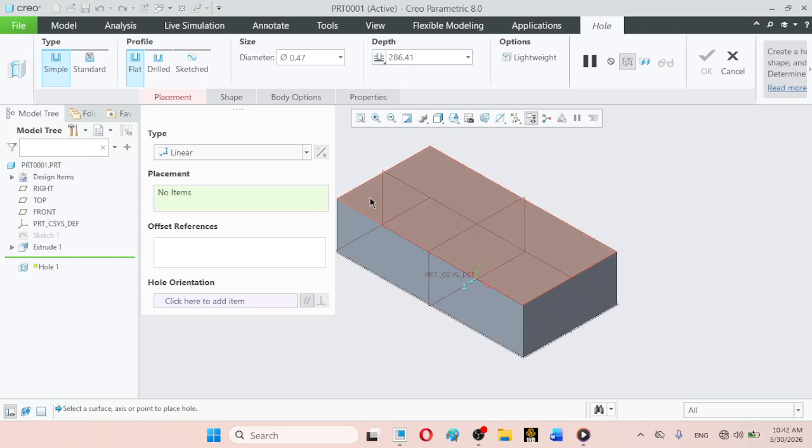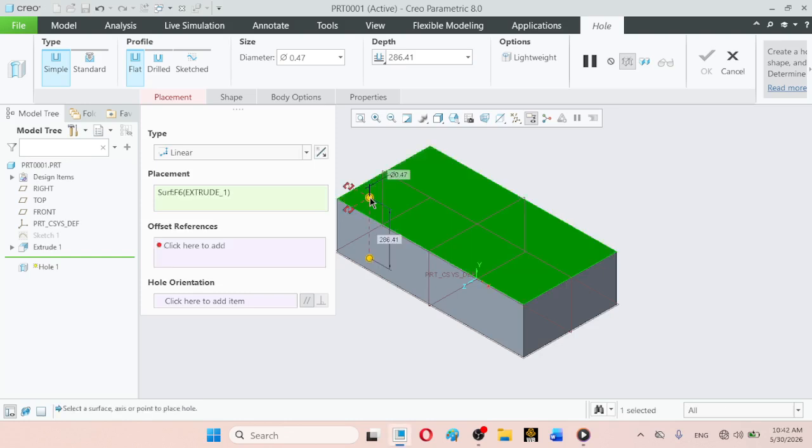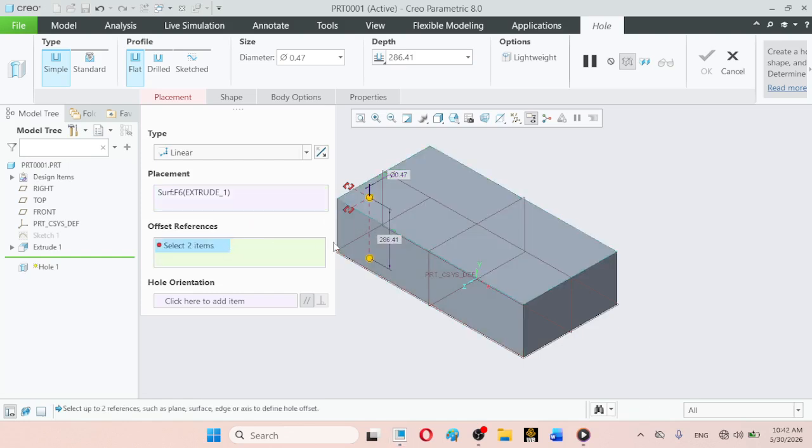For example, click on this face, and this is the placement face, and after that we will be specifying two offset references.